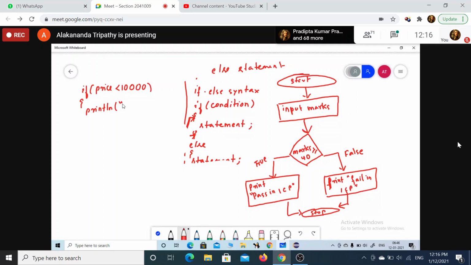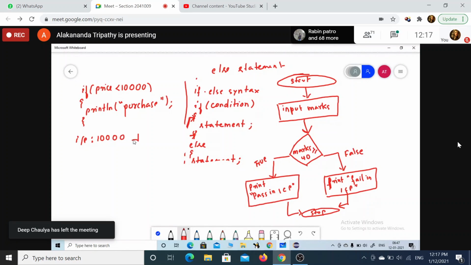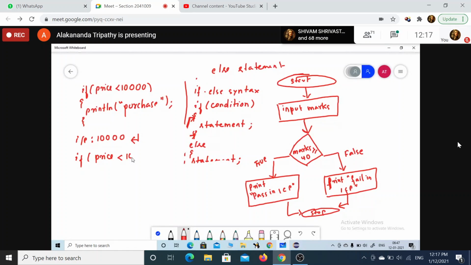Println purchase, then a curly bracket. When I execute it, the input I have provided is 10,000, and this is for the enter key. When I press enter, I will get no output. If the statement is written in this way, if price less than 10,000, then println purchase,